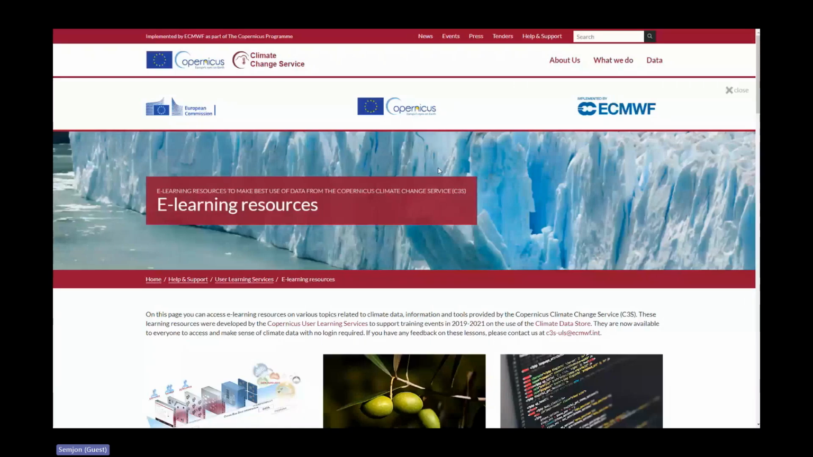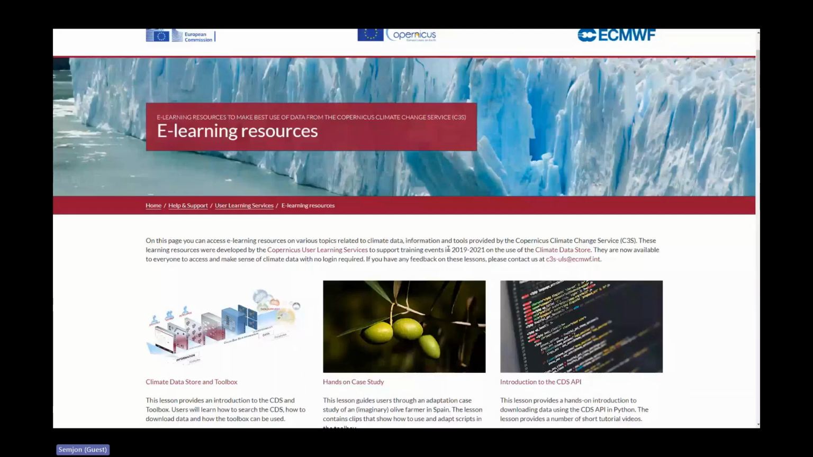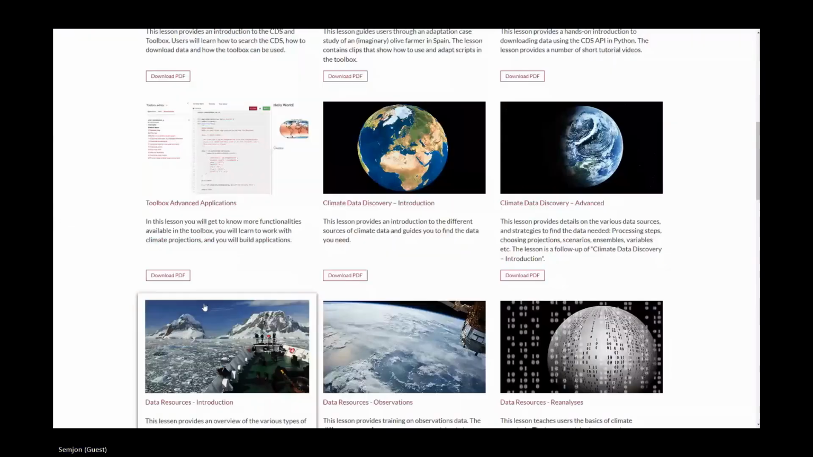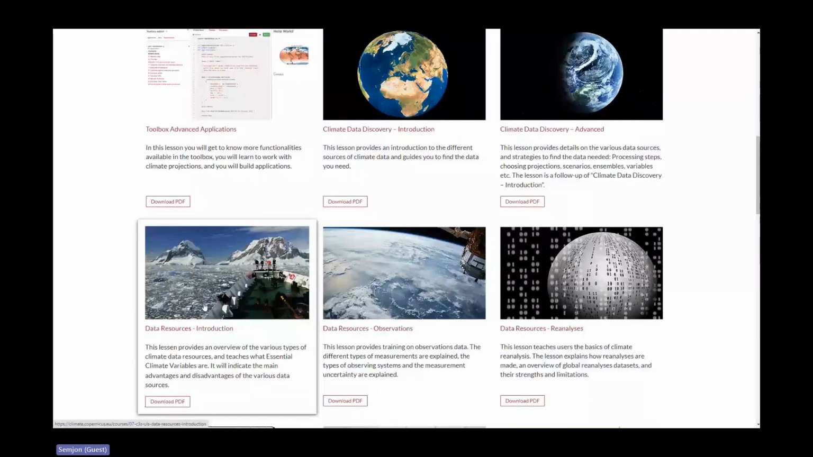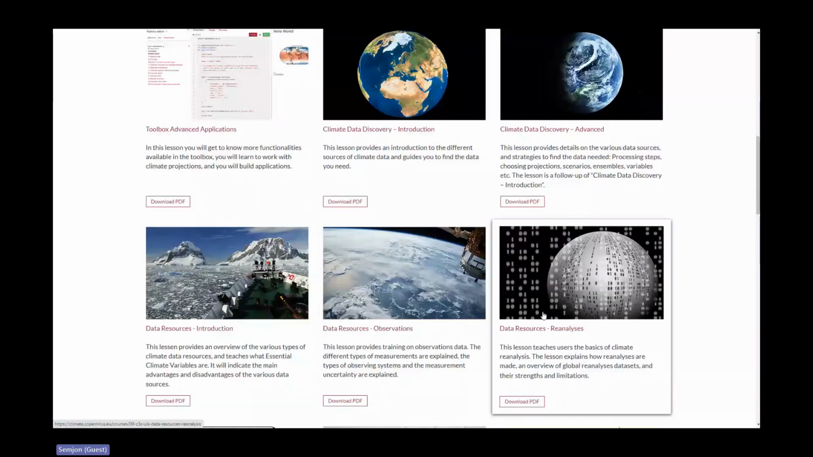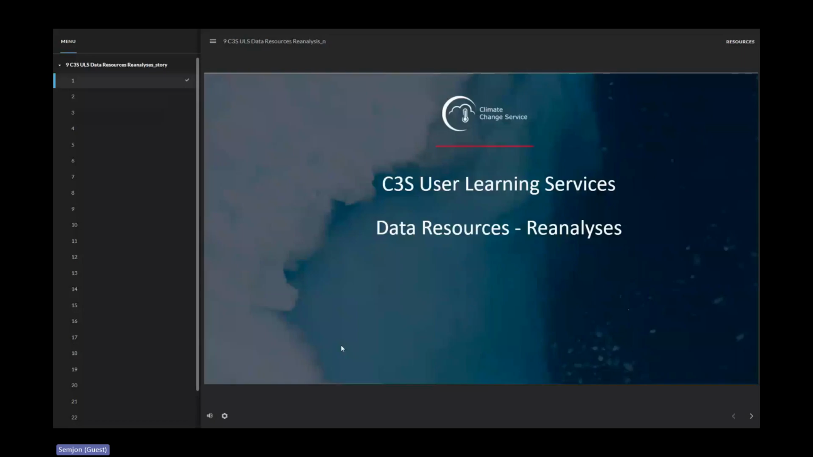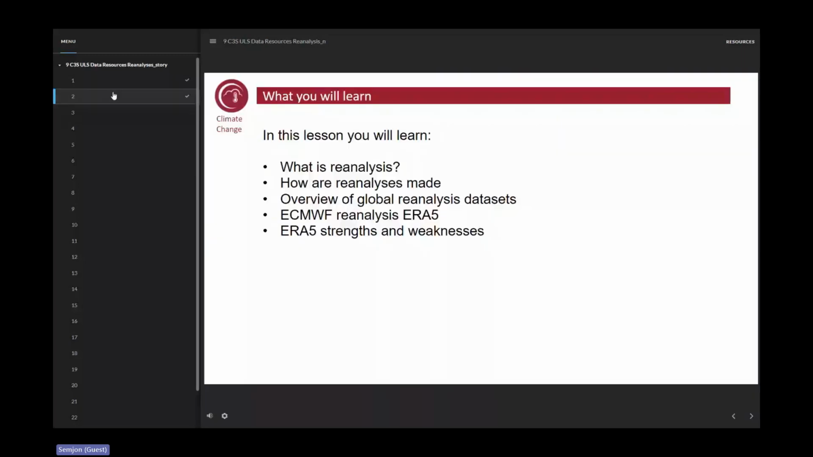So there are a lot of courses and paths where you can learn about all the different data sets and the CDS, the Climate Data Store, and so on. So again, we could have a quick look at data resources, reanalysis, just how such a course actually looks. So these are really like online courses where you can learn, in this example, about reanalysis. You can learn what reanalysis actually is, how a reanalysis is produced, an overview of the data sets and so on,